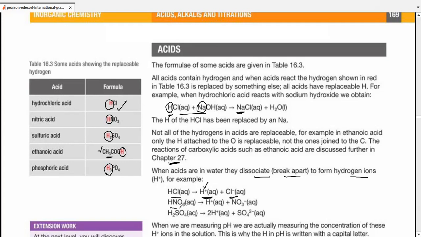Take a look at nitric acid. When it breaks down in water, it forms the positive hydrogen ions and it forms the nitrate ion. The same happens to sulfuric acid. It also forms the positive hydrogen ions and the negative sulfate ions. So most of the acids, whenever dissolved in water, dissociate or break down, giving the positive hydrogen ions and a negative ion, an anion, of course. So